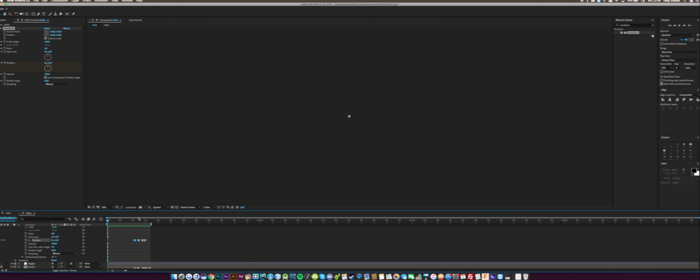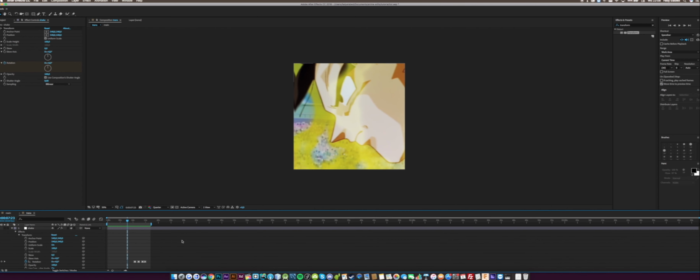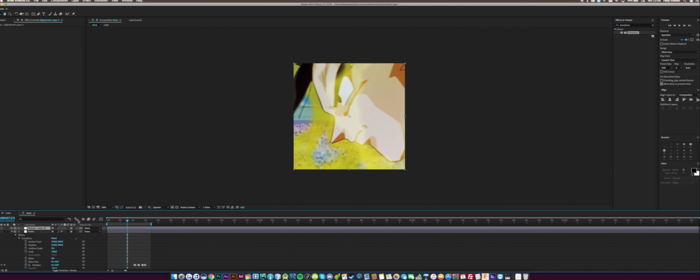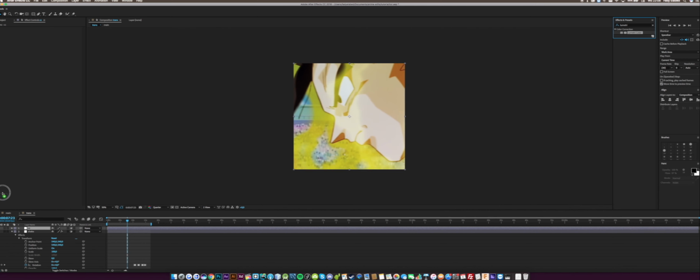Okay, so the last part I'm going to show you is color correction. So we're going to make another adjustment layer by going to new adjustment layer and naming it CC. And then what I use for my color corrections is Lumetri color. So drag that on your CC adjustment layer, and then I always like to